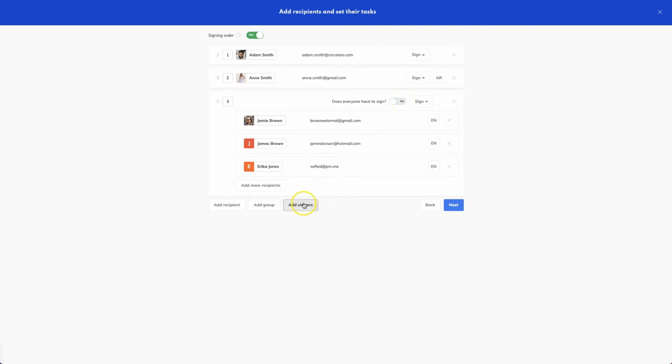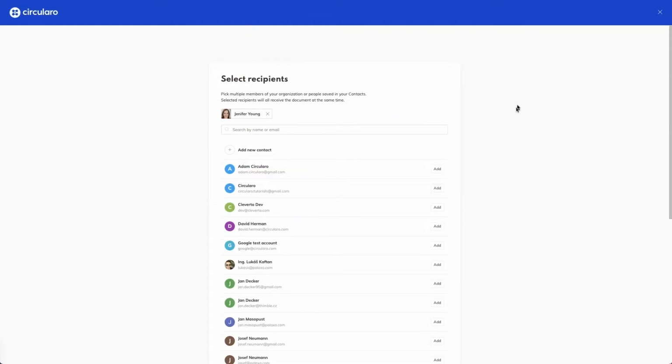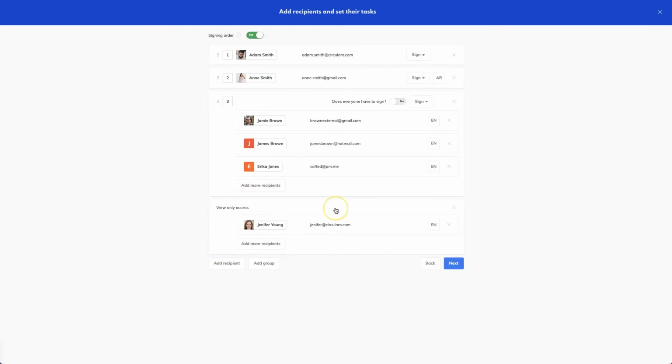I can also add viewers, which works kind of like CCing someone in an email. Whoever is added as a viewer will only receive the document as a read-only copy, and they're not a part of the signing process. They'll just receive the document to look at it, and they will not be able to sign it or do anything else with it. You can add as many viewers as you want, and these people are excluded from the signing order. After I've picked all the recipients and set their roles, I'm ready to go to the next step, so I'll